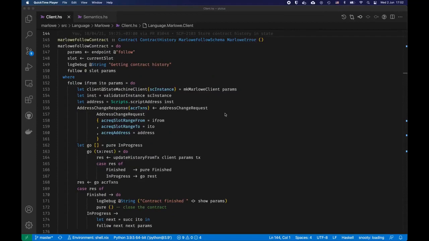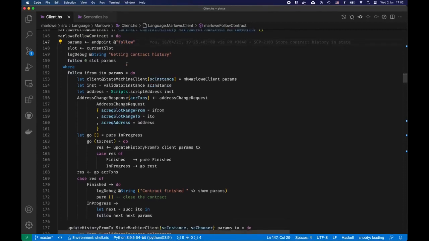For off-chain execution, we provide three Marlowe PAB contracts: Marlowe follower contract, Marlowe control contract, and Marlowe companion contract. Let's go through all of those. Let's start with the Marlowe follower contract. It's a very simple one. It contains only one endpoint called follow, and it basically subscribes to a validator address, a Marlowe contract address essentially,